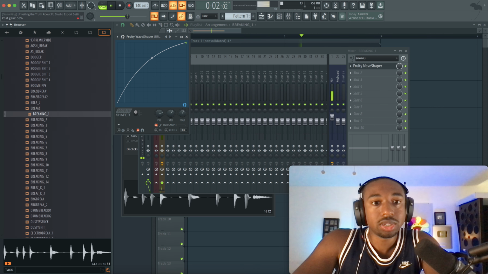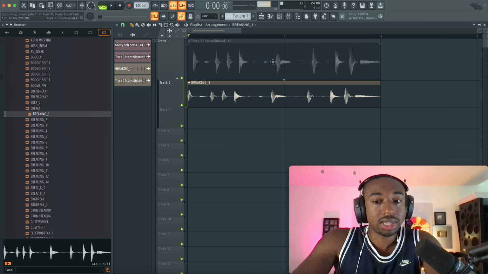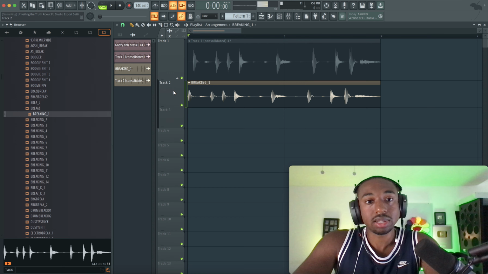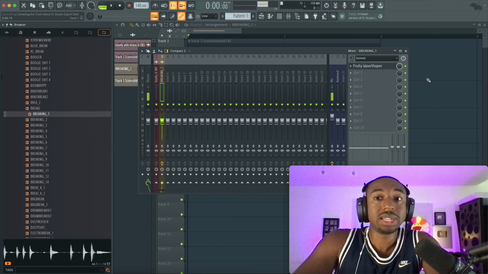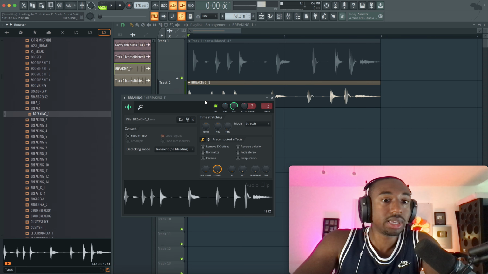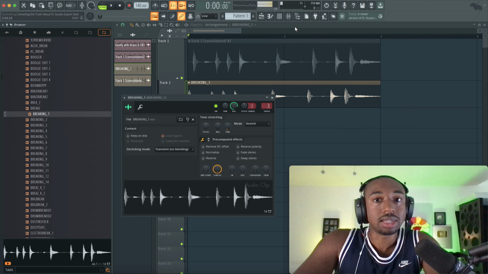So now it's a little bit crunchier. Okay, so now we want that as our drum break in our drum kit. So now let's right click, consolidate from track start. Actually, let's not do that. We need to send this sound to the mixer. Let's double click, hit Control L to send it to the mixer.